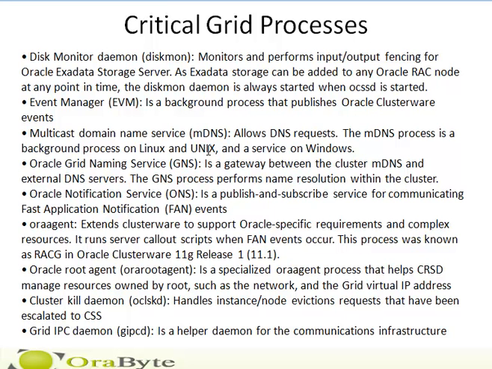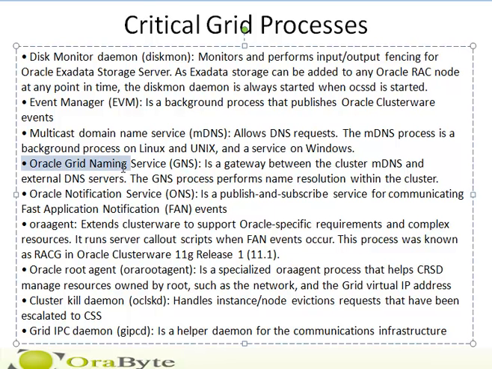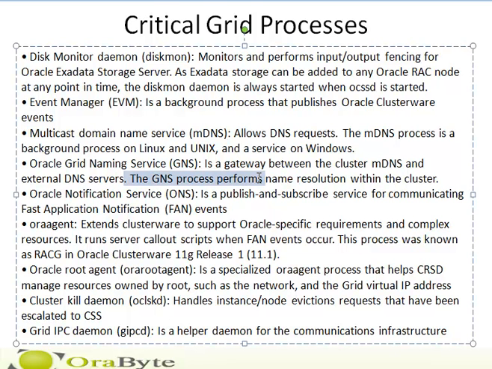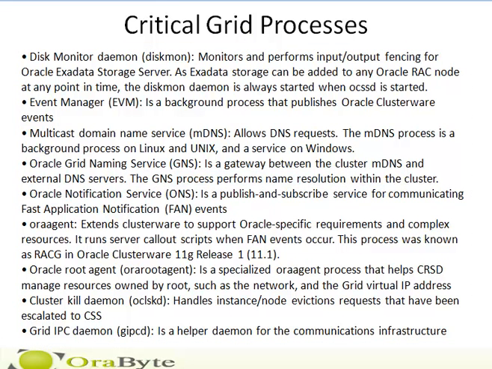Now here, Oracle Grid Naming Service is a gateway between the cluster MDNS and the external DNS server. The GNS process performs name resolution within the cluster. Very critical to understand. And when we do the installation, we will be doing installation using GNS based IP, where